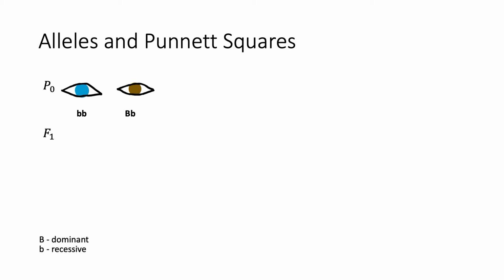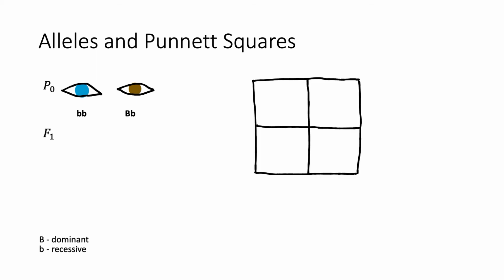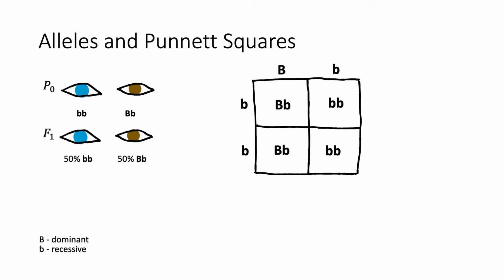Just like the last slide, we are going to draw a Punnett square and put the parents' genotypes on the side and top. Now we take a look at all the combinations, which are Bb, bb, Bb, and finally bb. From here, we know that the genotype is 50% Bb and 50% bb. We also know that homozygous recessive bb will be blue eyes, and the heterozygous will be brown, because remember that in the genotype, the dominant allele always trumps the recessive allele. And overall, this results in our phenotype also being half blue, half brown.